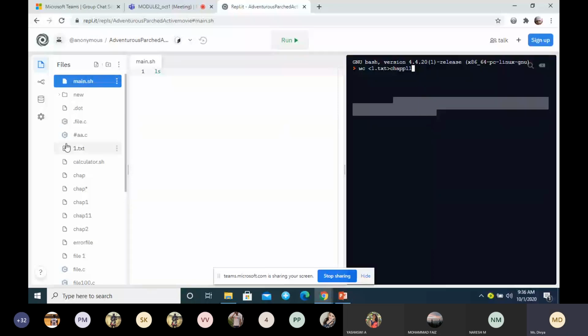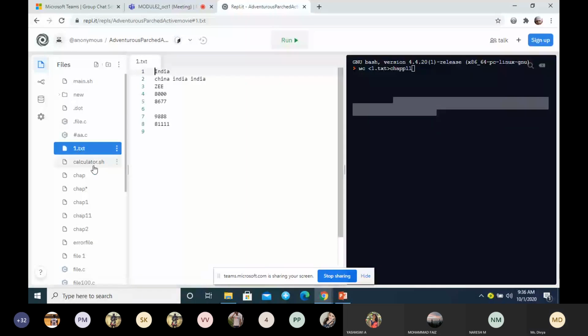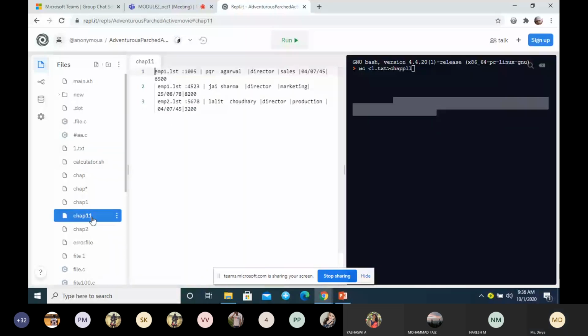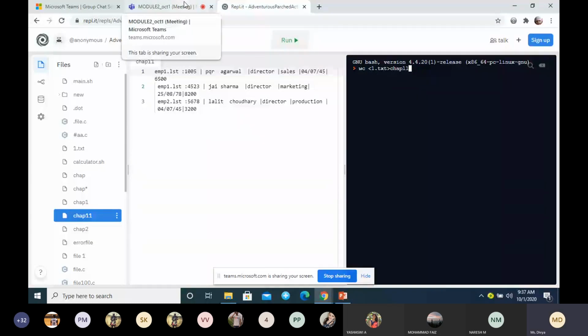I have two files, 1.txt and chap11. What does the wc command do?